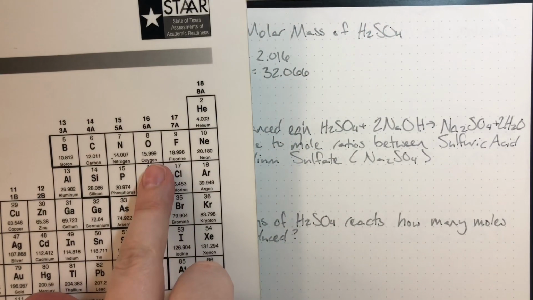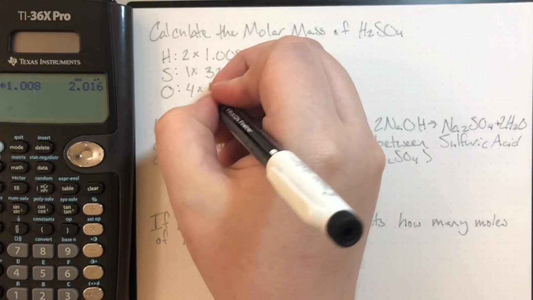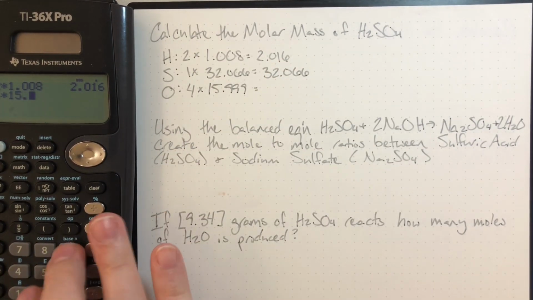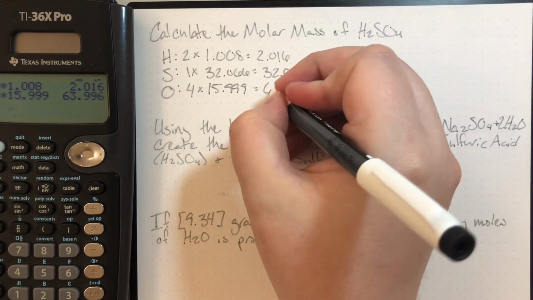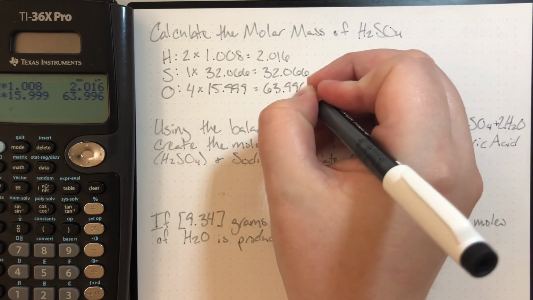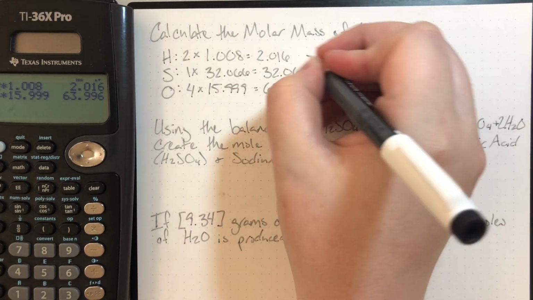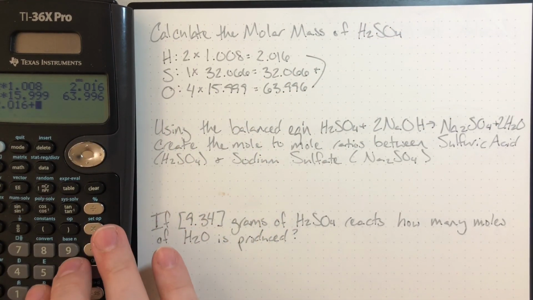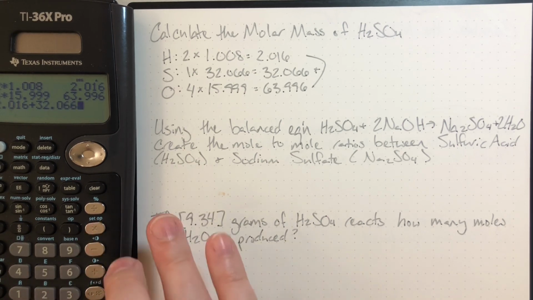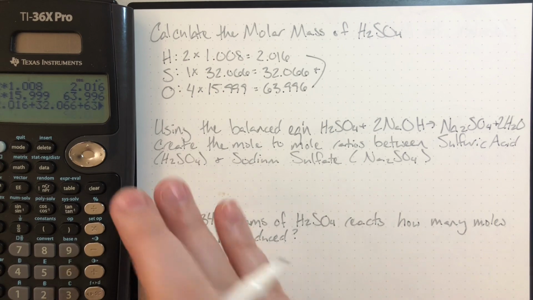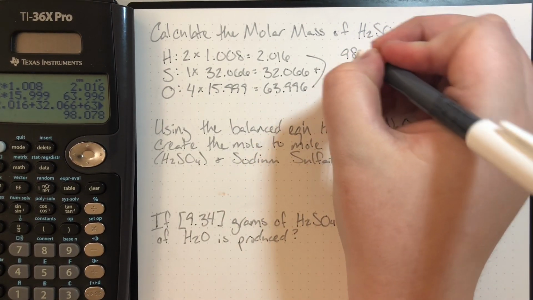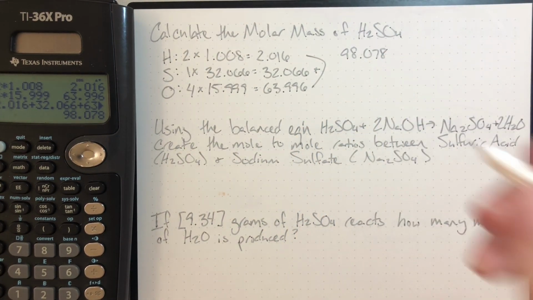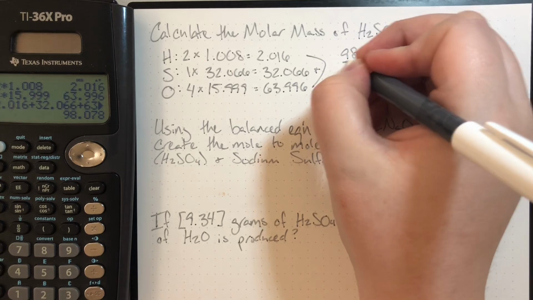Oxygen has a mass of 15.999. Four times 15.999 gives me 63.996. When I add all of these up, I get the number 98.078. Molar mass has the unit grams per mole,